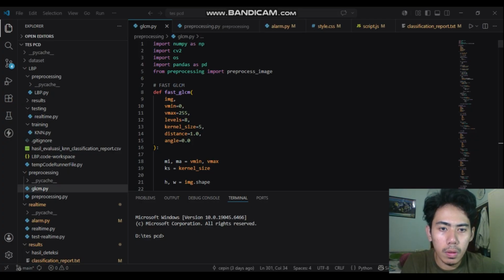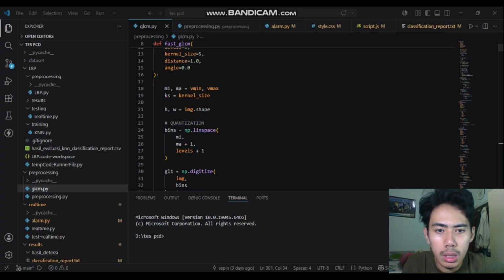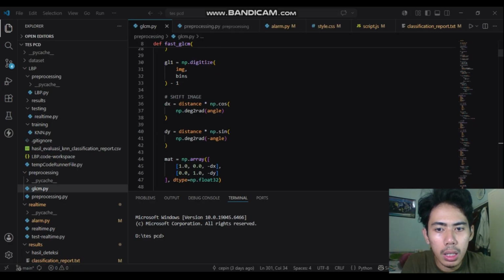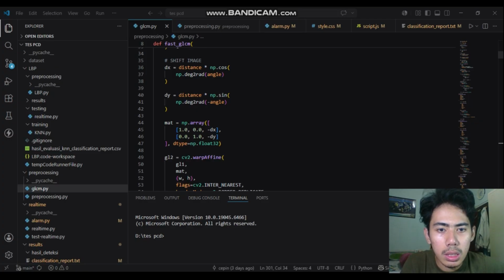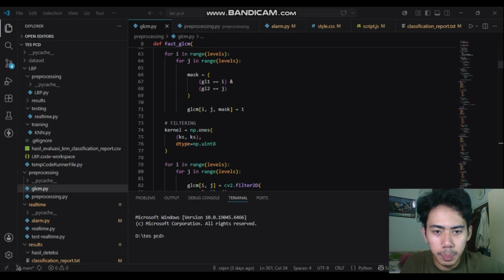At the beginning of the program, libraries such as NumPy, OpenCV, Pandas, and preprocessing functions are imported to support image processing and feature extraction. Next, the program defines the main GLCM function called fastGLCM, which performs image quantization, image shifting, and constructs the GLCM matrix from grayscale pixel relationships.